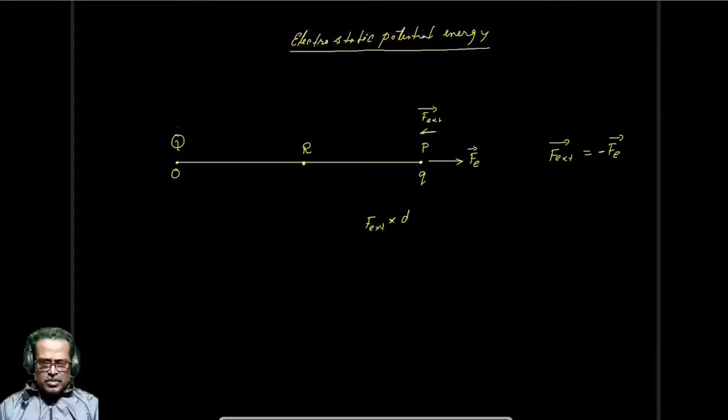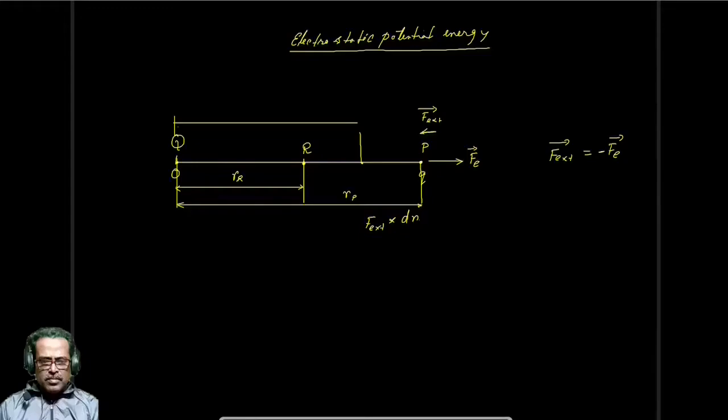Suppose this is the position R suffix R, and this is R suffix P. Now we are considering another point, at any position in between these two, which is at a distance r. For a very small displacement dr,